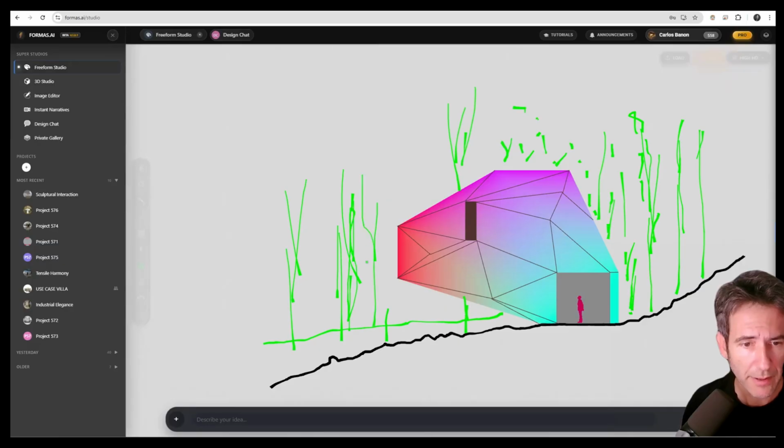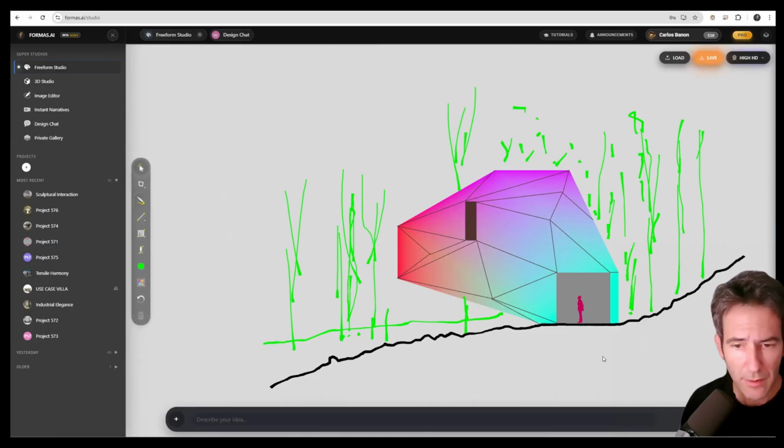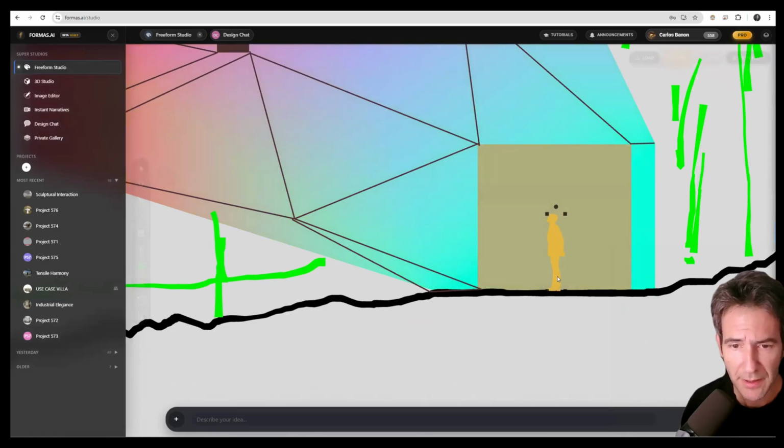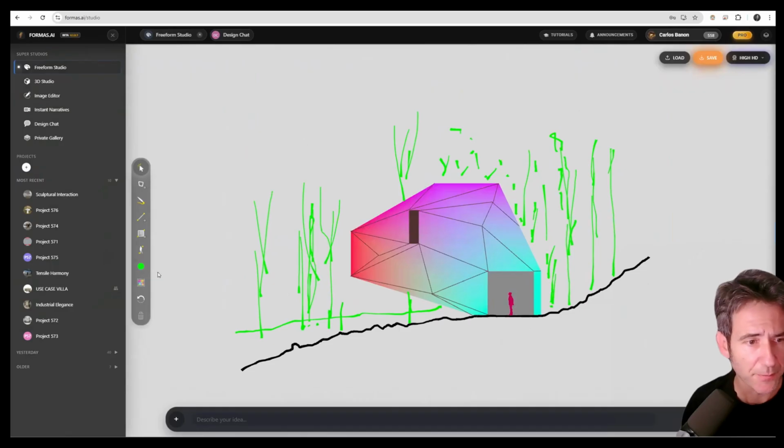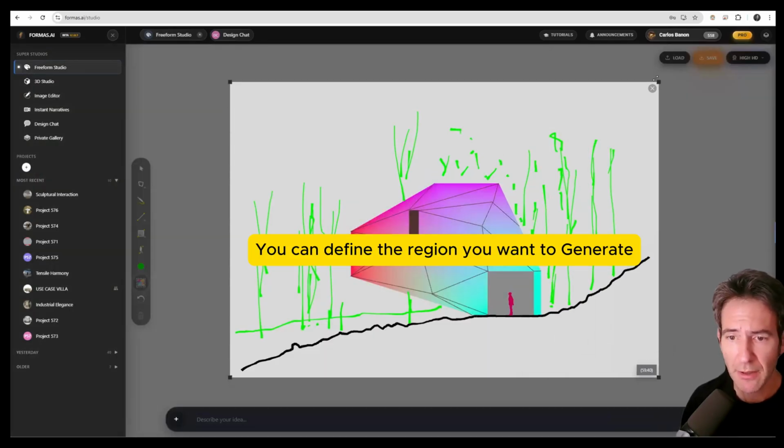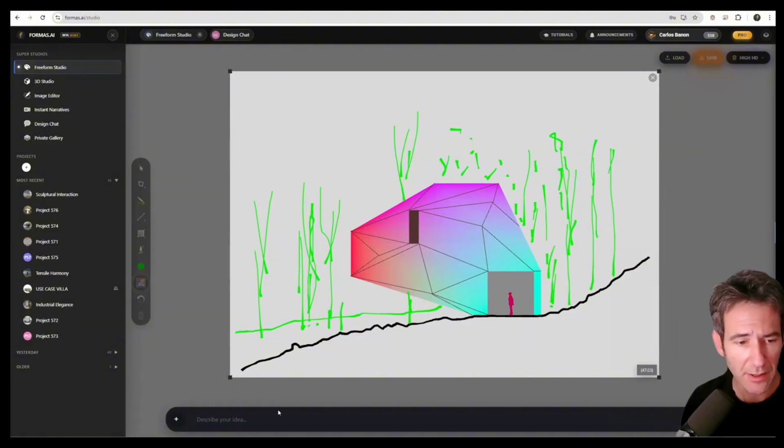Okay, so this could be like this. The trees start always from here. And maybe the person could be sitting. And then we got it. So what I'm going to do now is to select the region I want to generate. It's going to be this one here. And then I'm going to describe this concept. I'm going to tell that it's basically